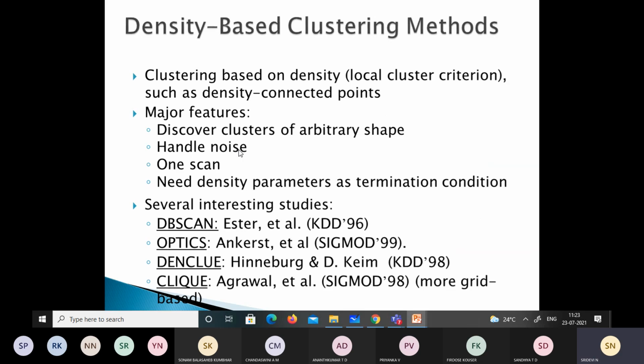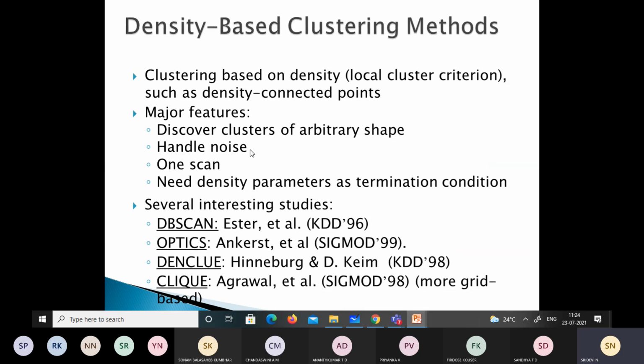DBSCAN is one of the simple and effective density based clustering algorithms, wherein we can illustrate a number of concepts that are important for any density based clustering approach. So we'll focus on DBSCAN after first considering the key notion of density.